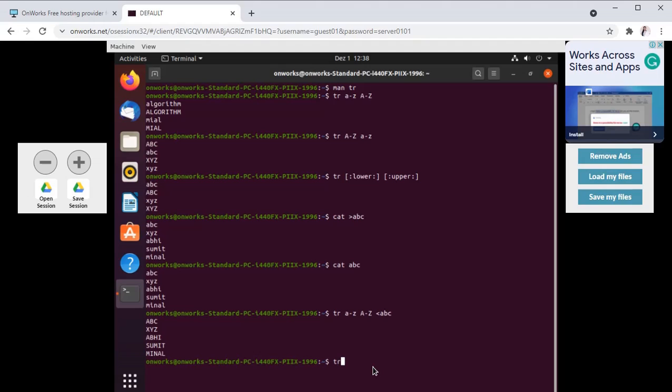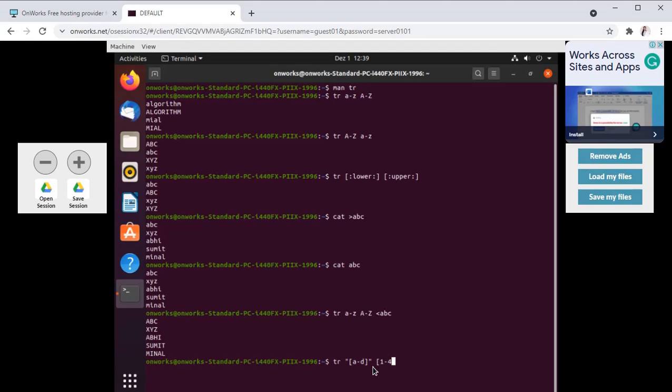Use tr, then space, a to d in square brackets, then space, square bracket 1 to 4.